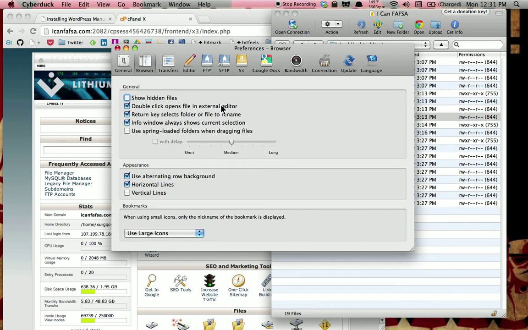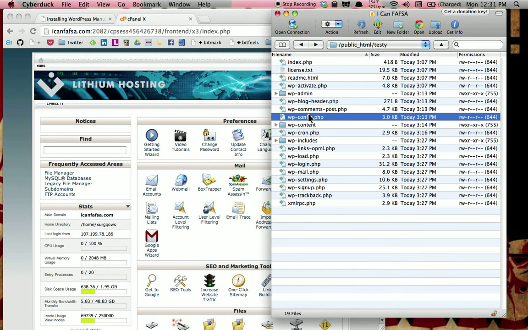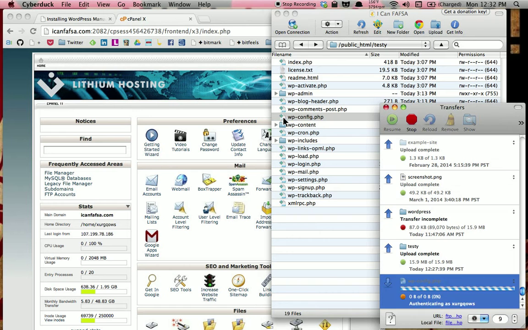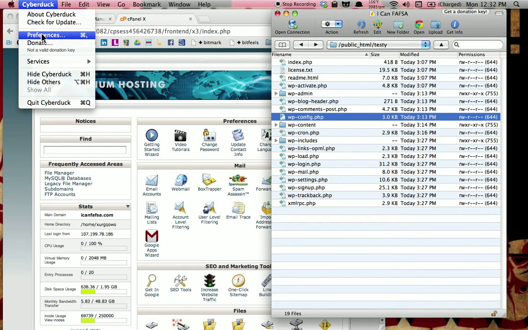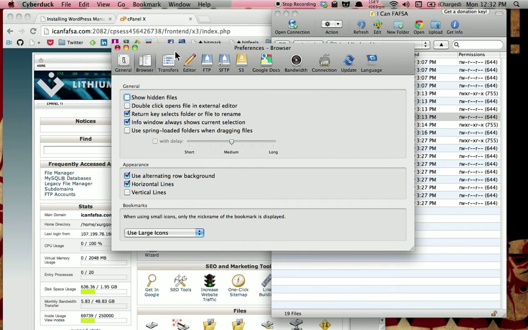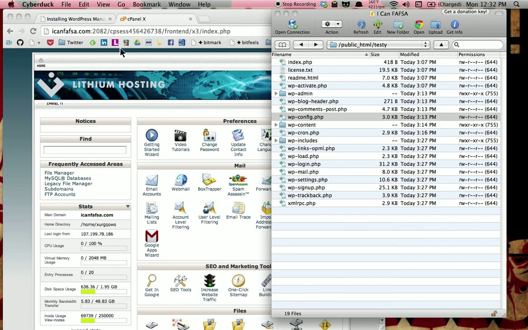This will save you a lot of headaches because it's not set to this by default, and so when you go to a file, you double click it, you think that's going to open it, but instead what it does is download it. And so that gets really frustrating because you get inundated with all these downloaded files that you really didn't want. So for your own sanity, go to preferences and check double click opens file in external editor. It's over here in the browser tab. Anyway, so open up